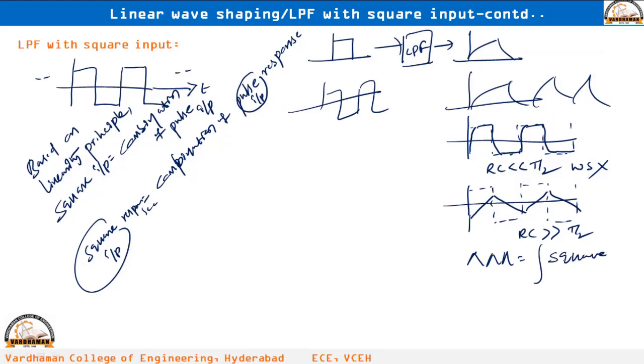This one we are getting when you meet this condition: RC is very much greater than T/2. Okay, very much greater than the T/2. The triangular output you are getting with the square input. That means the low pass filter is acting as the integrator. Okay, low pass filter is equal to integrator. This one we are able to get when you take the time constant very large. Okay. Now,